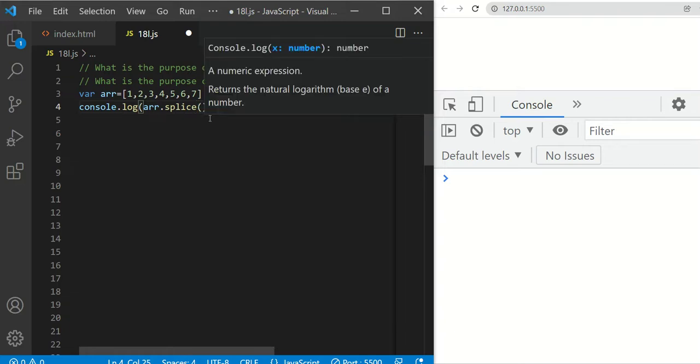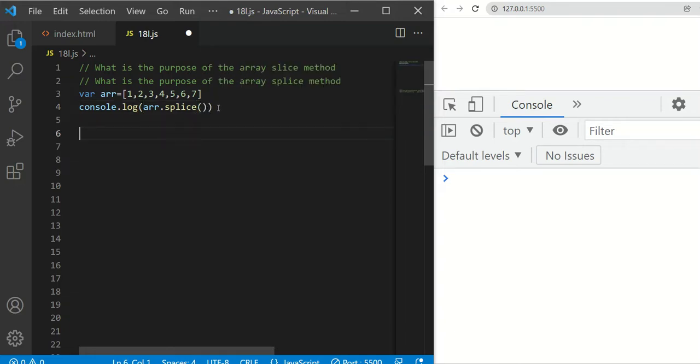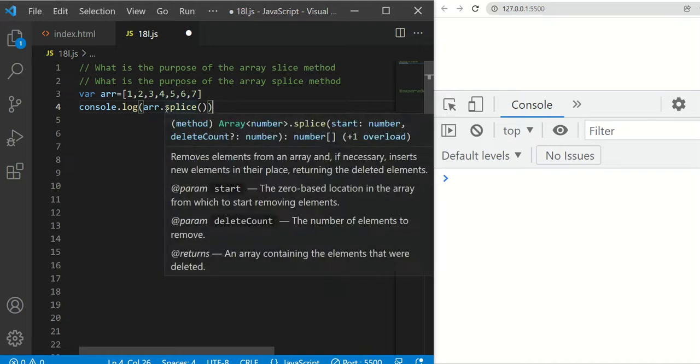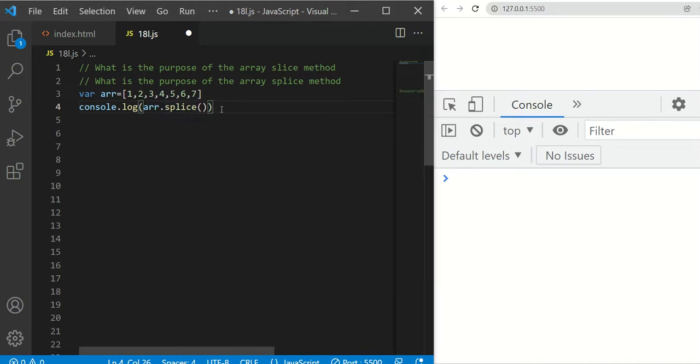Now please tell me what the output will be if I do not provide any parameter here. This is very important. You need to know what the output should be. Sometimes people ask these questions to try to confuse you. Since we are not providing a start or end, we will get all the array elements. It means the method will return an array that contains all the elements of the original array. So if I run this code, you can see,